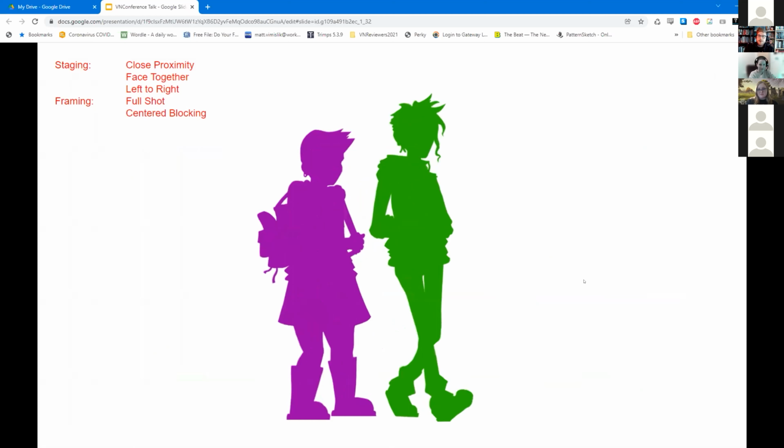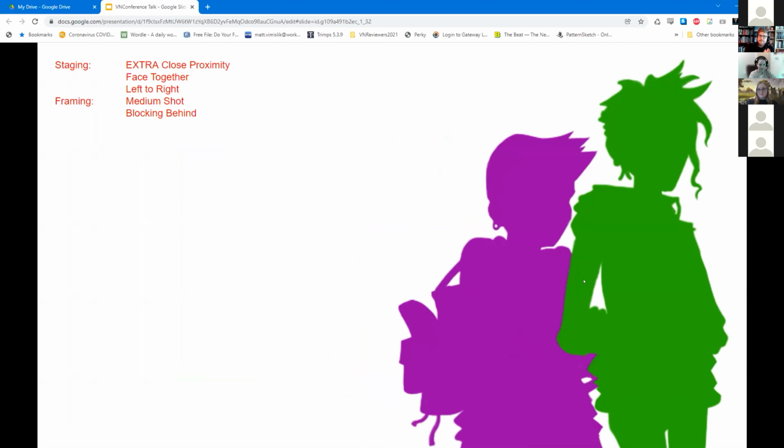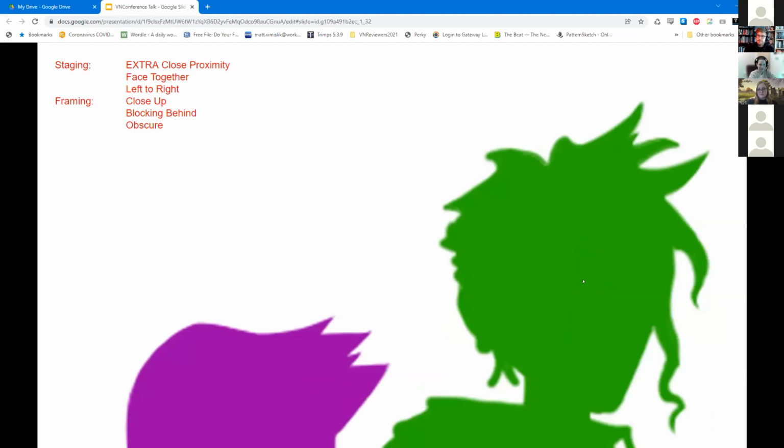We'll start with two characters using a full shot on them centered to emphasize their close proximity. We cut to a medium shot. The conversation is getting more personal, and we've put more space behind them. We're unsure what direction this conversation is heading. One character has gotten much closer to the other one. She's trying to progress towards something, while the other character is not. They're closer, but it feels uncomfortable.